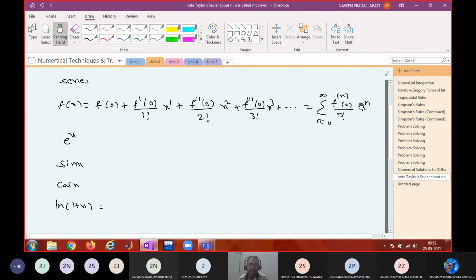Okay, Maclaurin series will be in powers of x only. Maclaurin series is in powers of x only. So like this, you can write a function into a series using this Maclaurin series formula. Okay, so